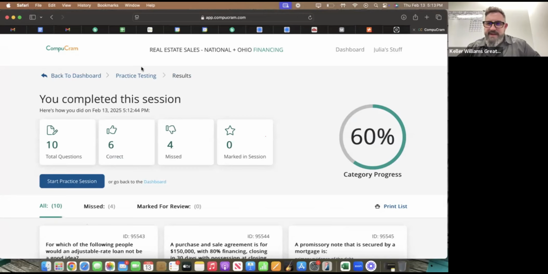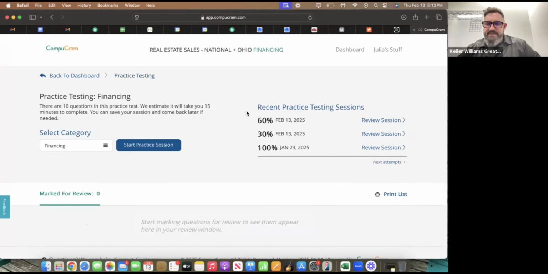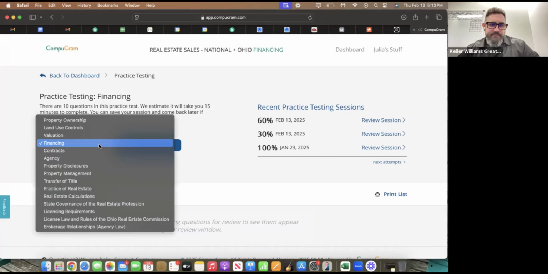All right, what should we do now? We got 15 minutes left. We probably have time for 1.5 different sessions. Should we stay in finance? Should we go do something else for a few minutes? What's everybody want to do? Here are the different options, I don't know if you can see that. Maybe I can zoom in on it. Nope, can't zoom in. All right, Asif says something else.